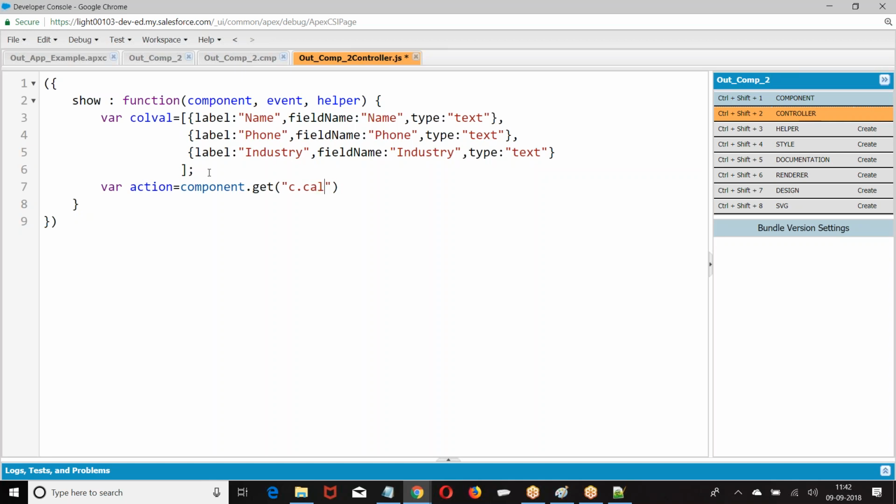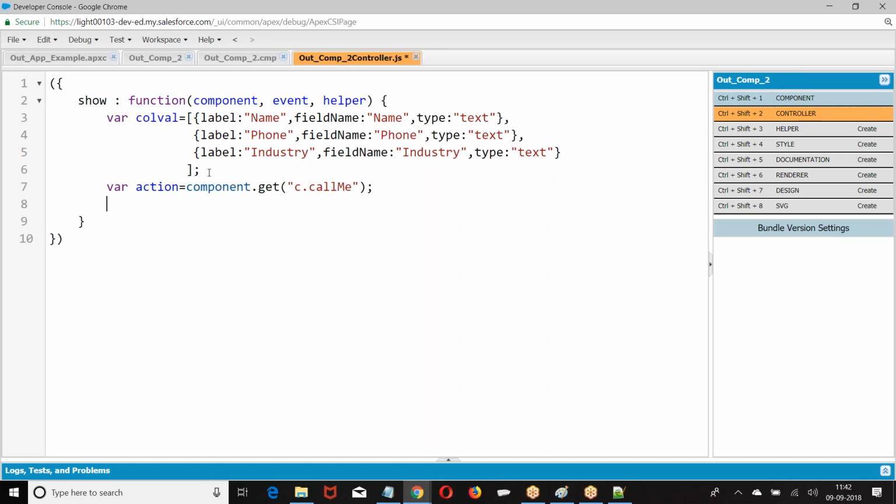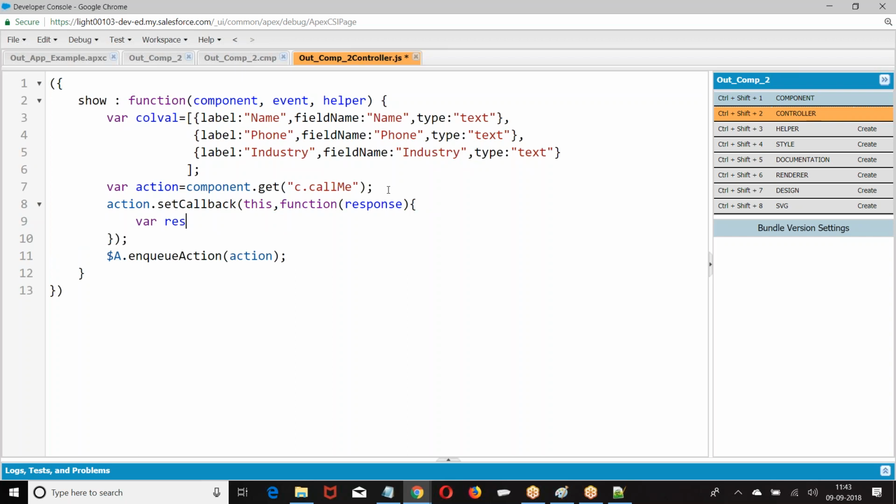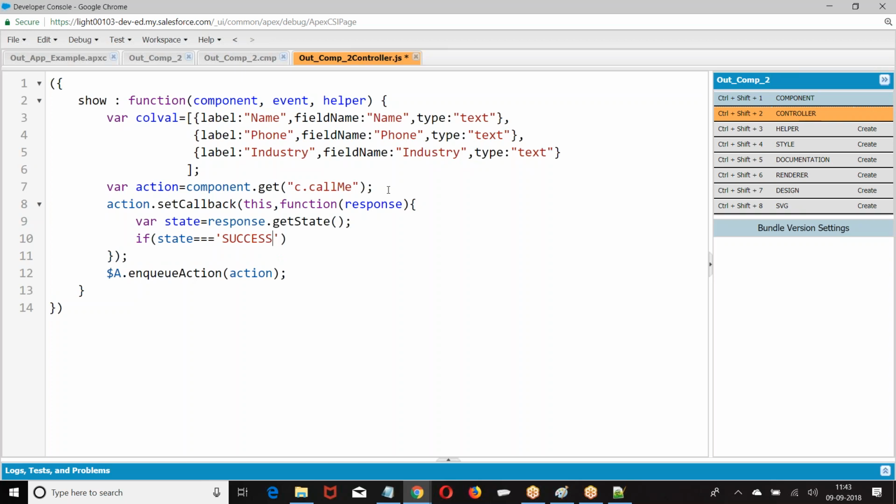Get data I gave. State equal to success.